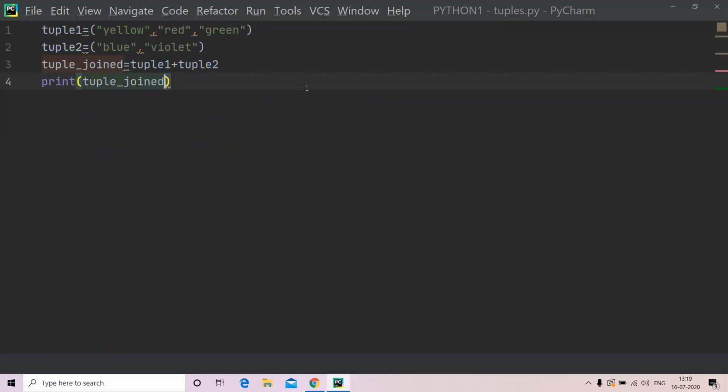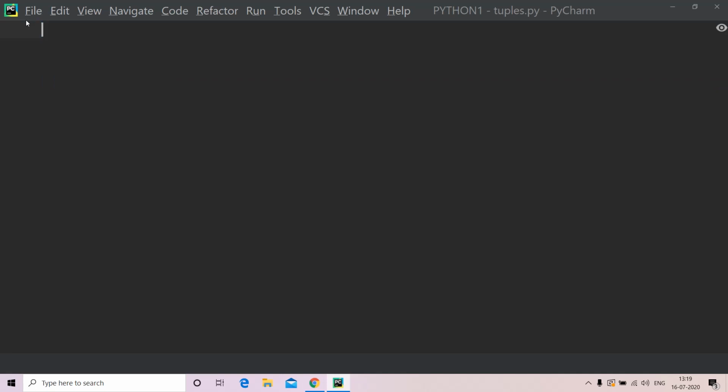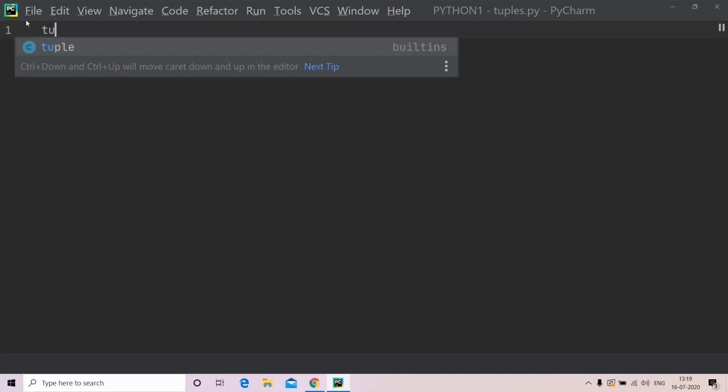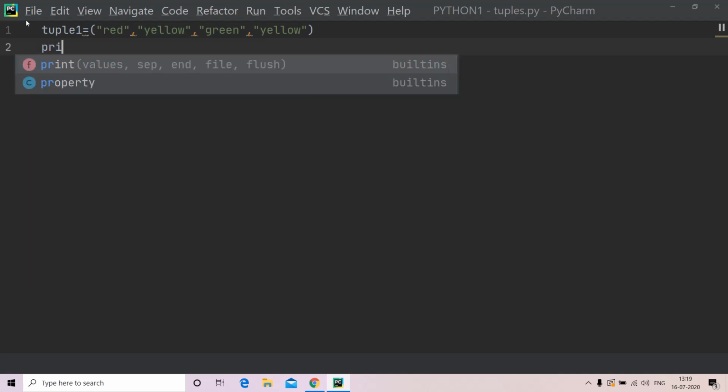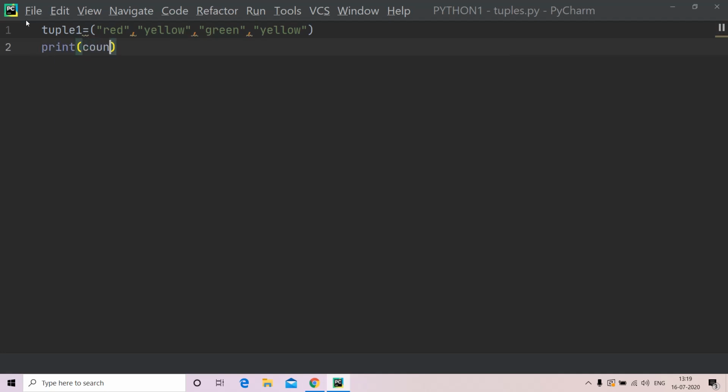Now let us see two methods in tuples. Sorry, I have removed my entire tuple, right? tuple1 is equal to, I'll create another one: red, yellow, and green. Now I'll add another element which is the same, yellow. Now I want to count how many yellows, how many reds, and how many greens are present in my tuple1. Is that possible? Yeah. Let us count. Print count of